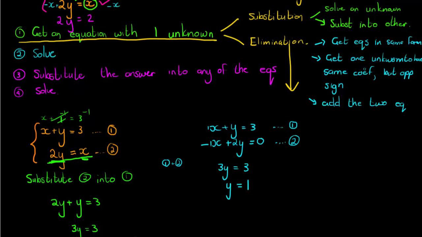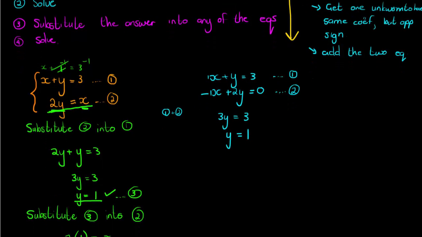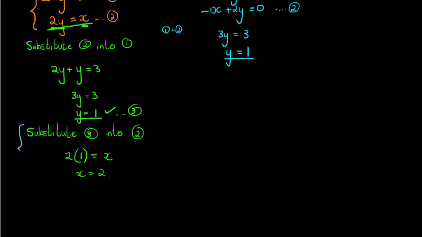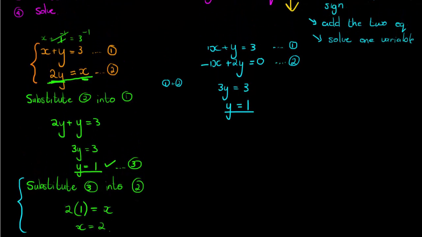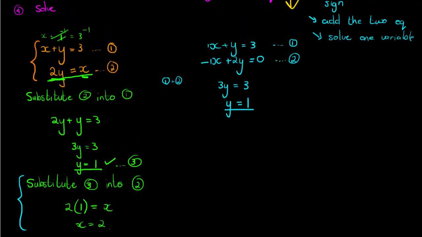Okay, and once I've solved one variable, I then go back to the same method that I did here. I just substitute. Once I've solved one of them, I just substitute it into the other one, which I can now say, we'll call this one 3, substitute